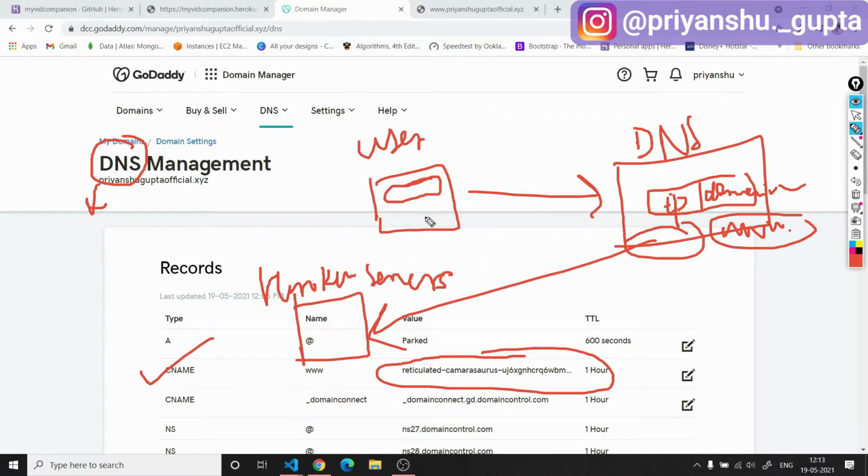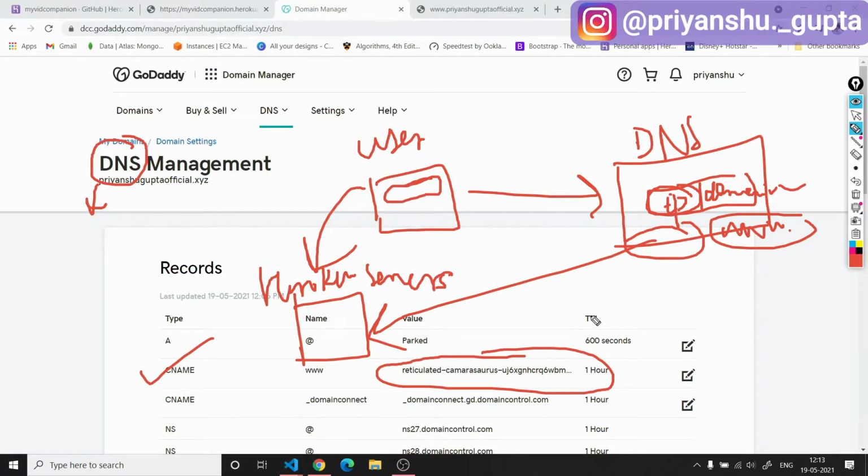So now if any user tries to communicate to this DNS server to get the DNS target of the Heroku server on which our website is deployed, this DNS server will check its database to see whether it has the domain name with which the user is trying to contact. It will see that the domain is present, and the corresponding DNS target it will return. And in this way, the user will be able to communicate to this Heroku server, to the website that has been deployed on this server. Okay. So this is the way.